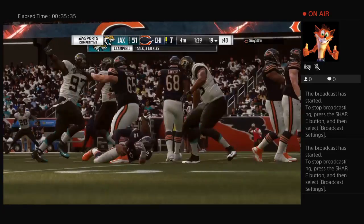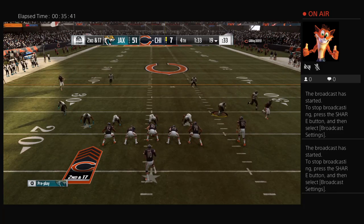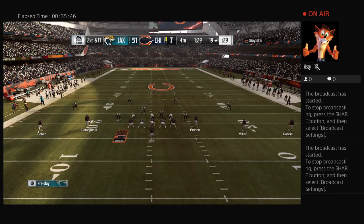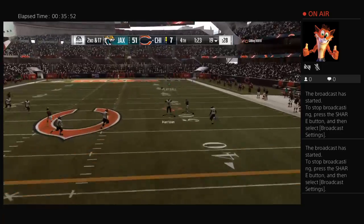Pressure comes, and Trubisky goes down. Calais Campbell in there to bring him down for a loss of 7. Brandon, I think you understand the type of afternoon this offensive line is having. It is a long one for them. Long for you to spend it with me. Long for them trying to block those guys. They've given up a whole lot of...